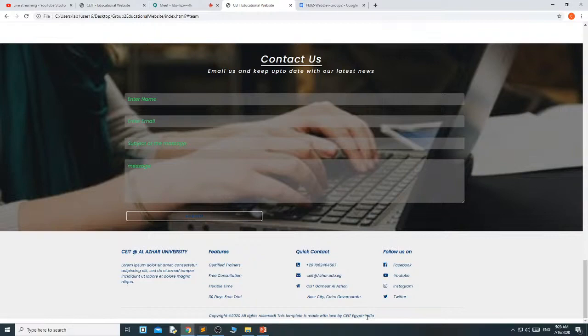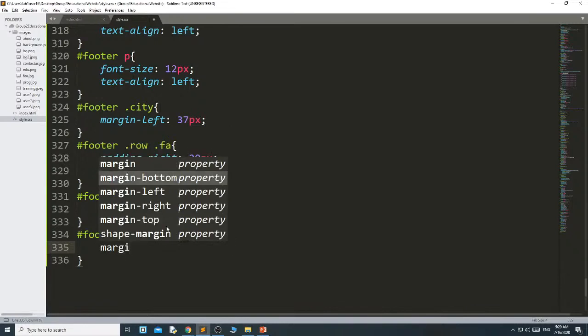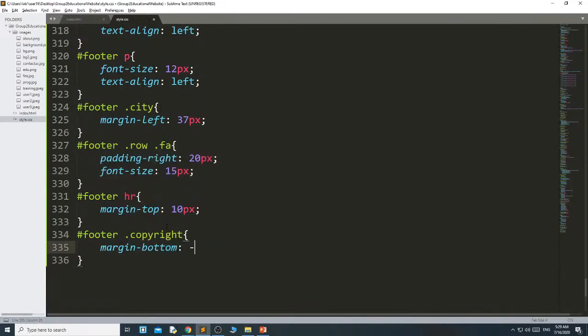Okay, then here in CSS I am writing has footer dot copyright margin bottom minus 80 pixel and font size 15 pixel.